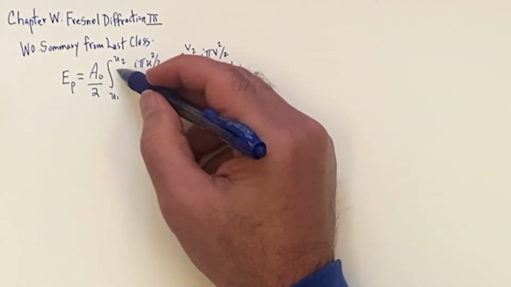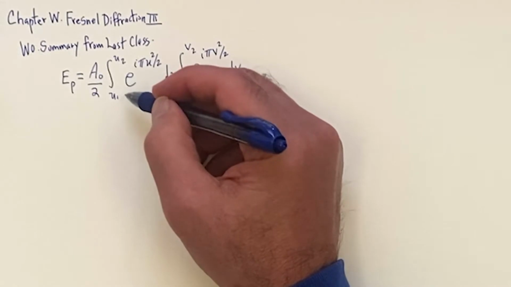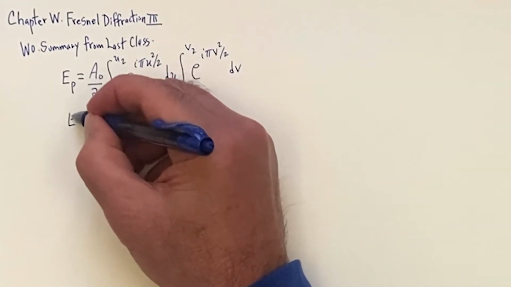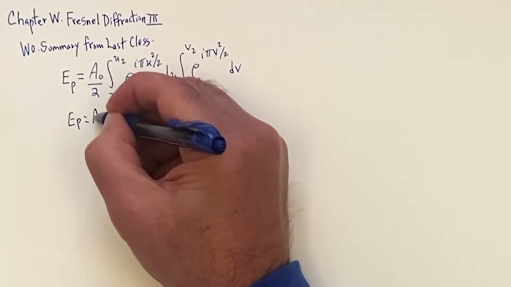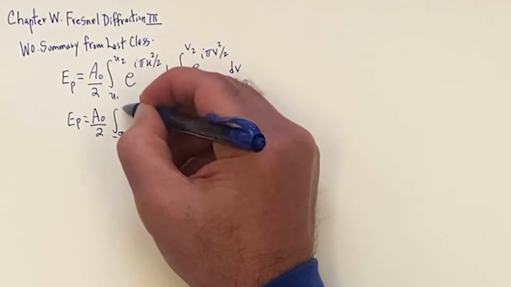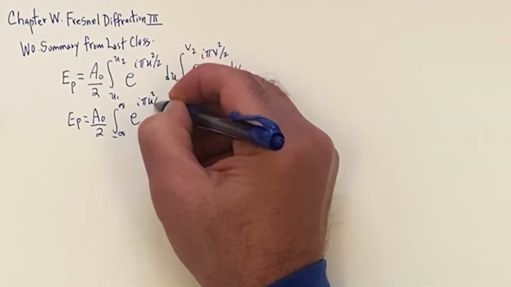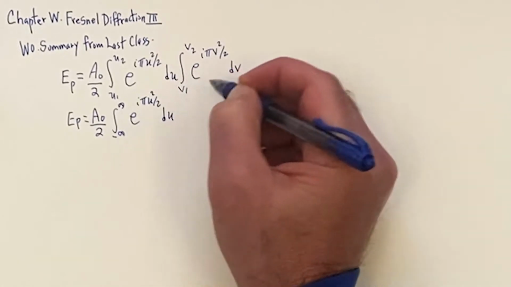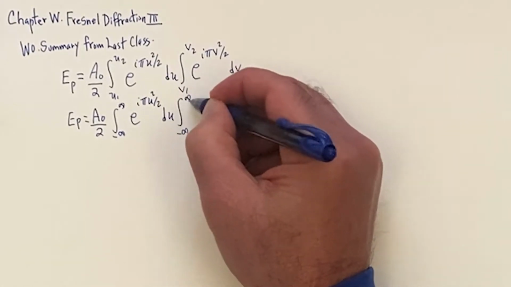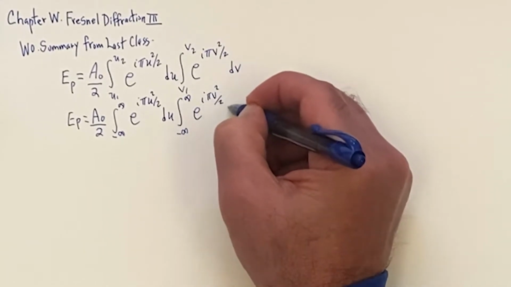Like the aperture, you integrate over the aperture with these parameters, but the aperture now extends to infinity. So in that case, I'm going to have A naught over 2 go from minus infinity to plus infinity, e to the i pi u squared over 2 du. And I have the same integral here for the other dimension, e to the i pi v squared over 2